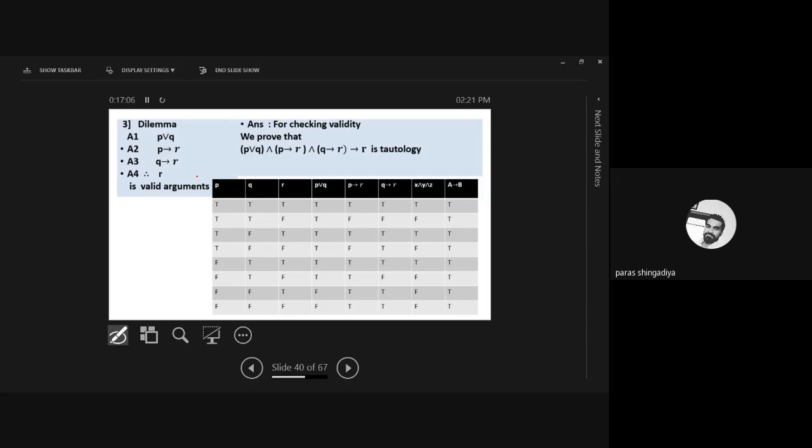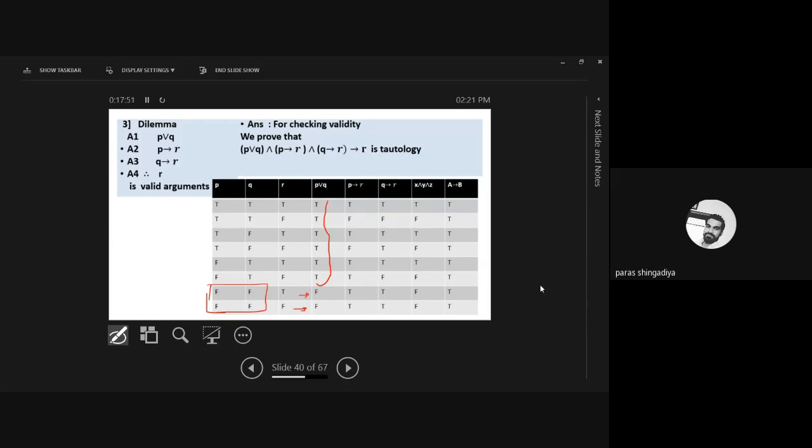Now let's check the fourth column, P or Q. As per the rule of the OR operator, if both are false, then in that case it will be false, and in all other cases it will be T. So just compare both columns and identify the rows where both are false. Here, in the last two rows, both reflect F. Clear? So it will be F here, and in all the remaining cases it will be T. That is the A1 answer, P or Q.